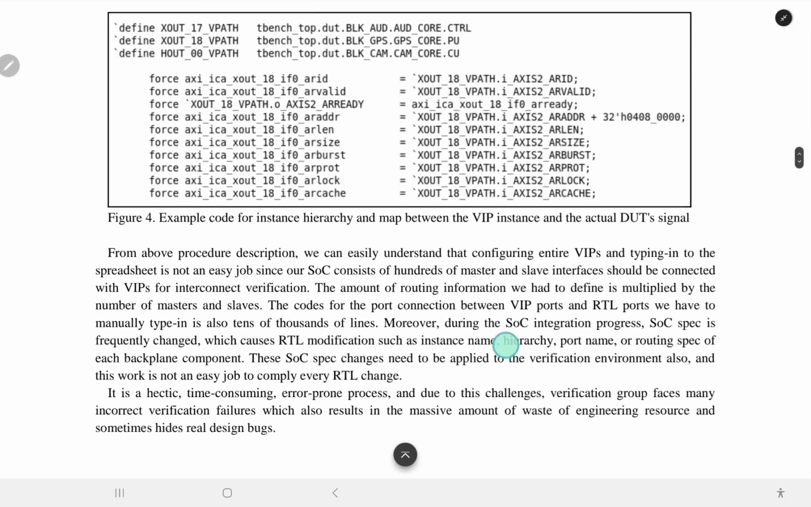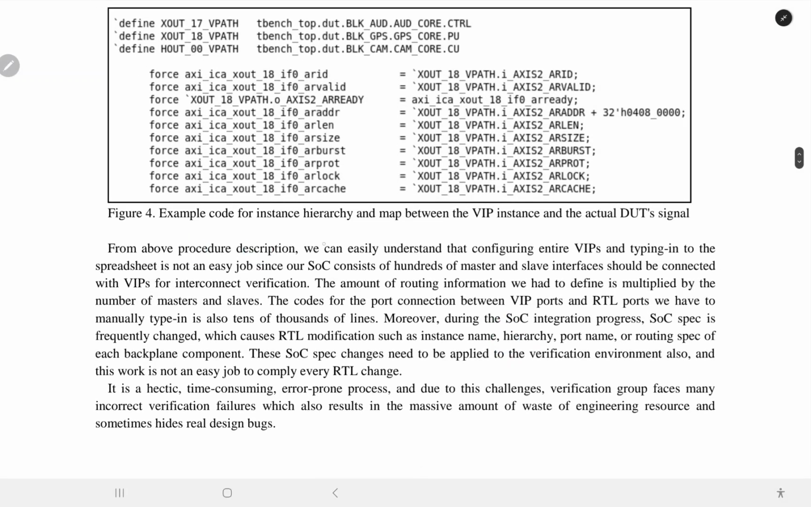Figure 3. From the above procedure description, we can easily understand that configuring the entire VIPs and typing into the spreadsheet is not an easy job, since our SoC consists of hundreds of master and slave interfaces that should be connected with the VIPs for interconnect verification. The amount of routing information we have to define is multiplied by the number of masters and slaves. The code for the connection of VIP ports and RTL ports that we have to type in manually is also tens